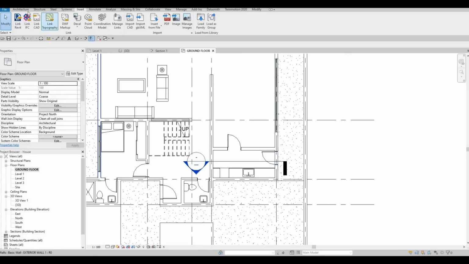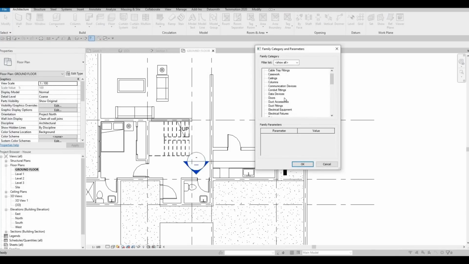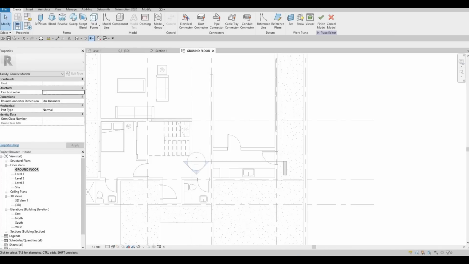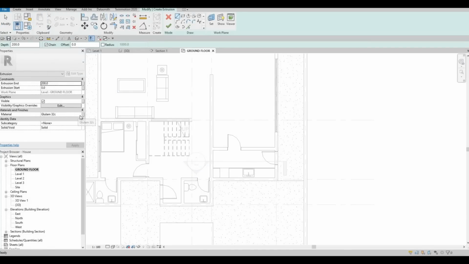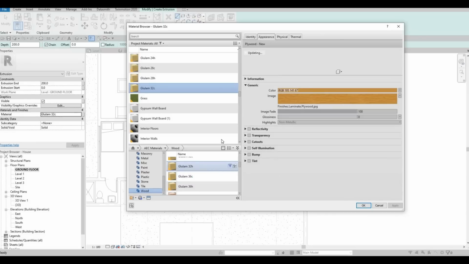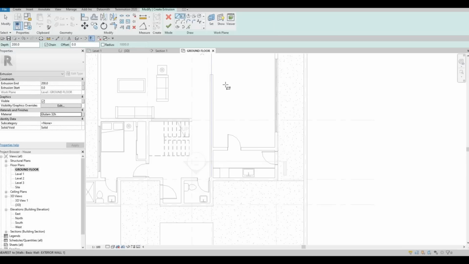So now what I'm gonna do is go to architecture, click on component, model in place, and then go to generic model. We're gonna create our base cabinet first. So press OK, and then here click on extrusion, and we want to make sure this is another wood material. So I'm gonna put in wood, and we have the 32C. Now we can put 32H, pull it up, apply, OK, and then now select rectangle,